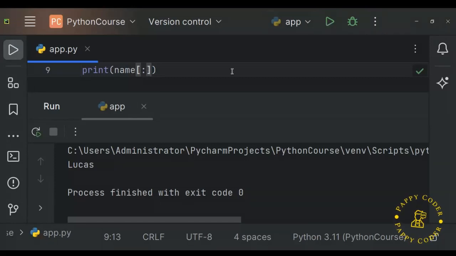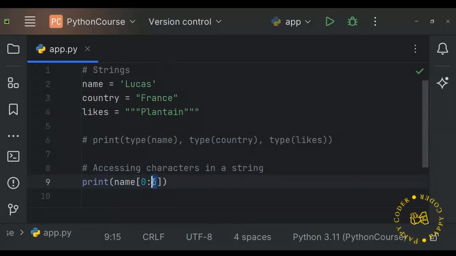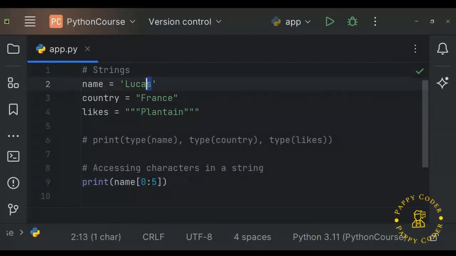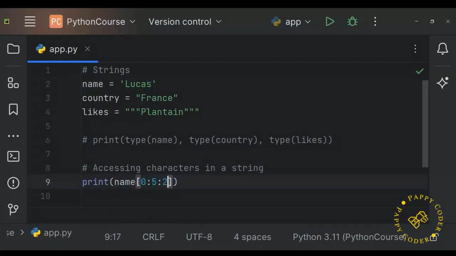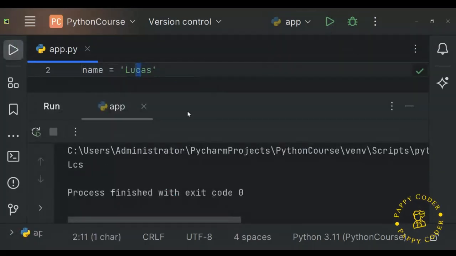So like I said, now we want to print the whole string, then we want to add a step. So let's say from 0 to 5. Now we are adding 5 because we know our string has 5 characters. So 5 is not going to be included. So we are going to have 0, 1, 2, 3, 4, which is the last index of our string. Now we want it to take 2 steps. Each time it tries to grab a substring, we want it to take 2 steps, which means print this, take 2 steps, print this. So after printing this, it takes a step to this, takes another step to C, then prints C. So let's run this,